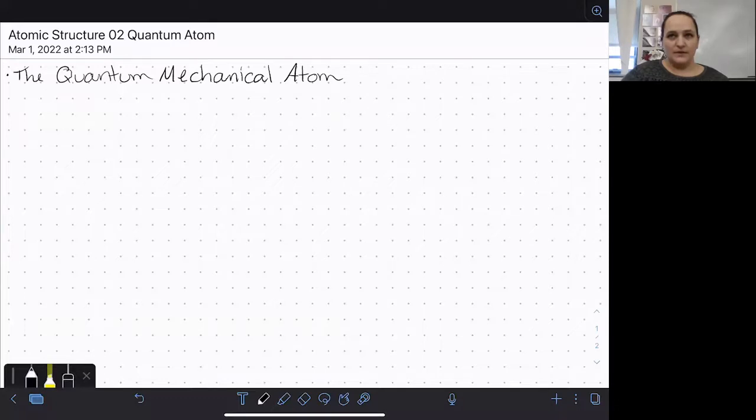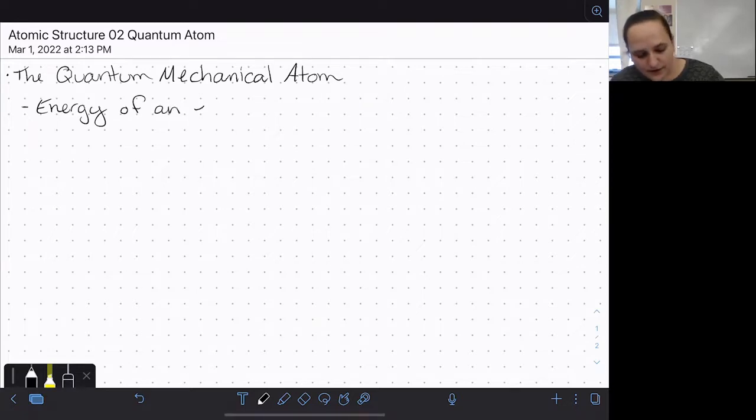In this video, we're going to be discussing the basic way that electrons are arranged in an atom. This is the currently accepted model of the atom that is based on quantum mechanics. And the foundational idea behind our understanding of electronic structure within an atom is that the energy of an electron is what dictates where it's likely to be